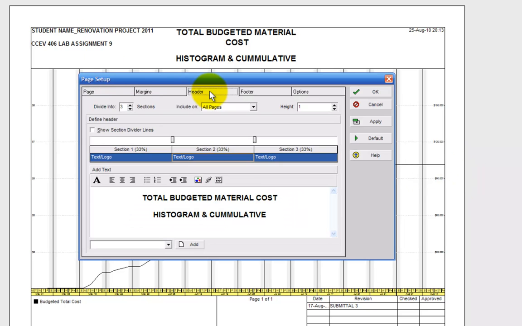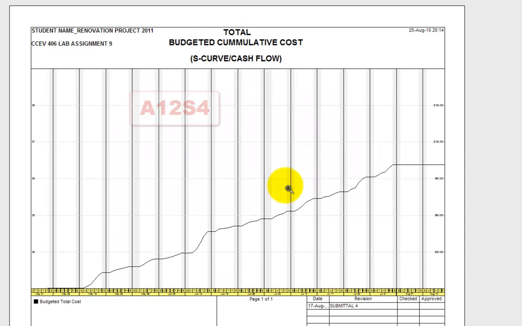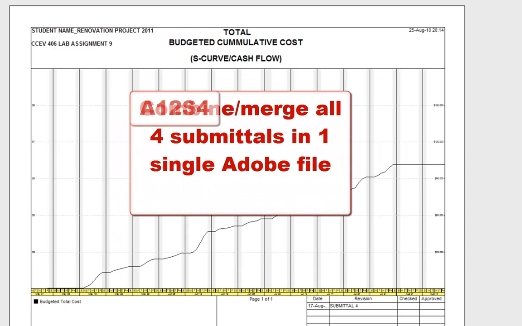So this one is called total budgeted cost, cumulative cost, and you call it in parentheses the S-curve slash cash flow. And this is submittal number 4. I'll save it in Adobe. These 4 submittals